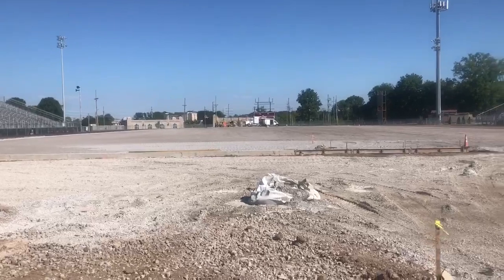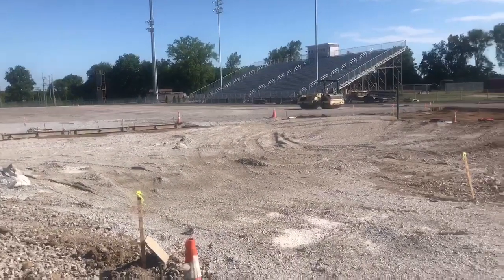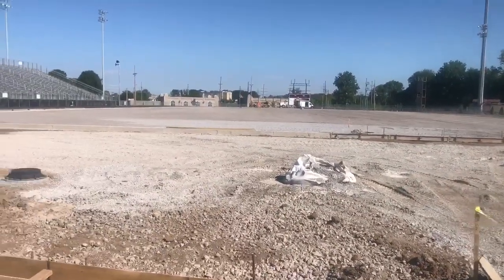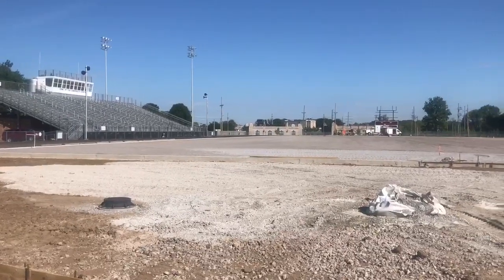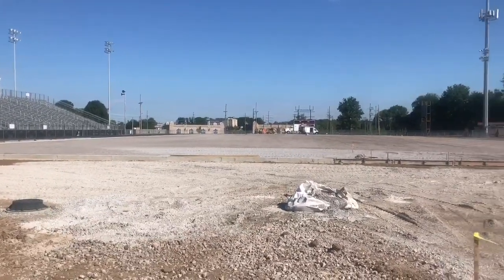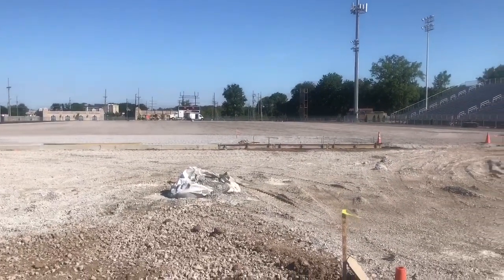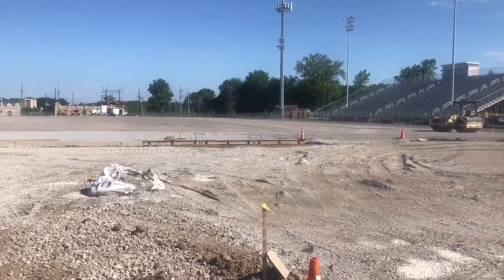And as you can see, much of the work out here has been done. We're standing on the south end of the football field. And this area in front of us will all be track surface, and the surface in front of us will obviously be the new turf. A lot of things going on. If you can see out in the distance there, we'll get that a little closer up, but the scoreboard has started to go up. A lot of progress happening out here. Hoping to start seeing some green turf come down in the next week or so, and it could be exciting